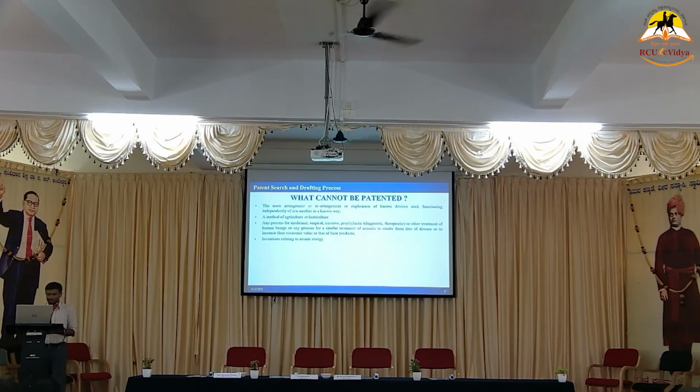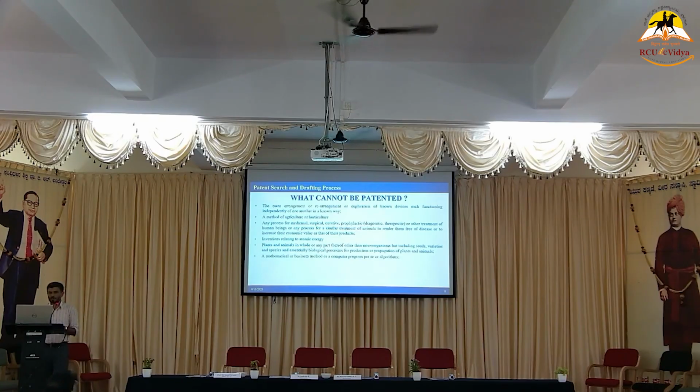Plants and animals or any part thereof other than microorganisms, but including seeds, varieties and species, and essential biological processes for production or propagation of plants and animals. Any new breed of plants or animals cannot be protected. But Rudresh told us yesterday that it can be protected under agricultural variety protection, a different form, not under the patent. In the agricultural variety, it can be protected, not under the patent.